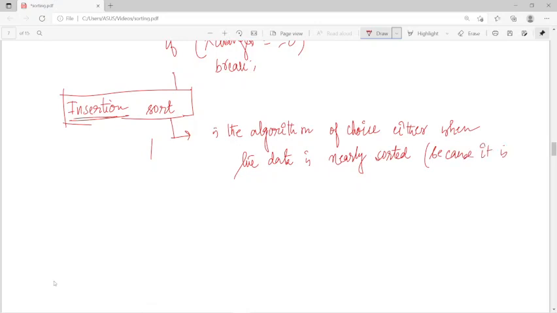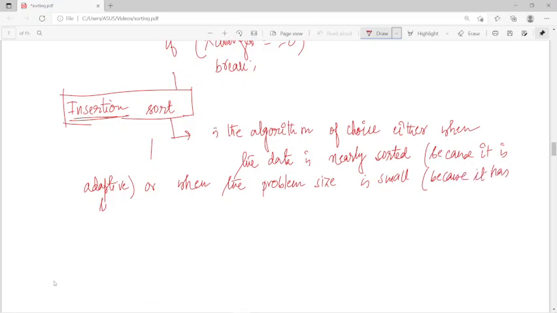Or when the problem size is small, because it has low overhead. And insertion sort is also an efficient algorithm for sorting a small number